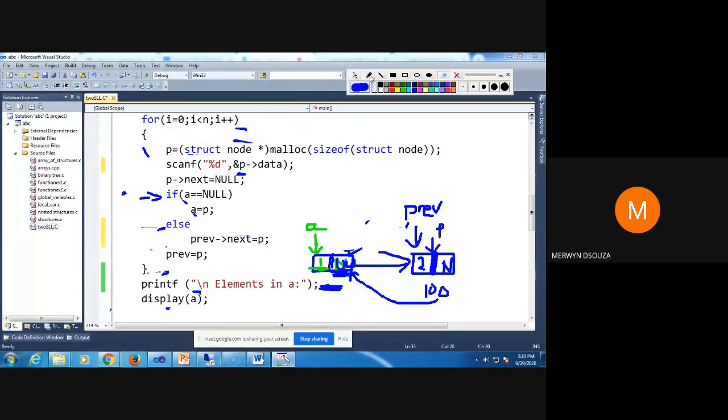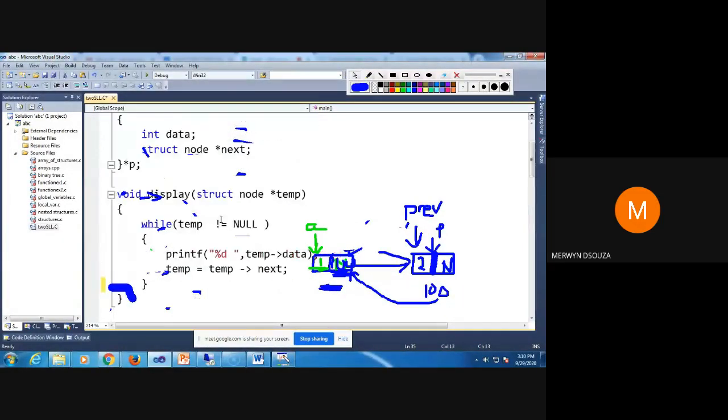Then I call the display function to print the values in the linked list. The display function is here, exactly the way it was taught to you when we were studying linked lists. The only difference you may find from that program is that I'm having one parameter inside.